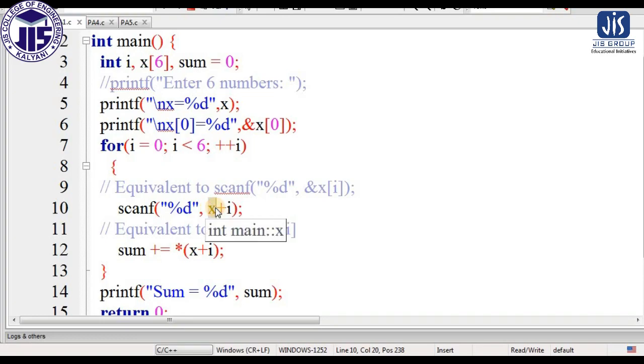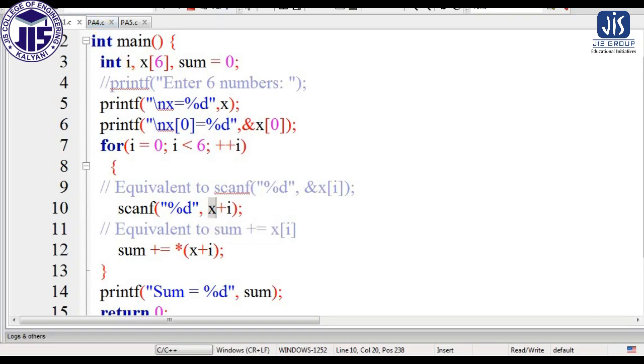What is the meaning of only x? If I write x within brackets, we provide the position. That means it is representing a particular element at that position which is mentioned here. Now here we are not mentioning any position, we are just mentioning the array name. So array name always represents the base address of the array.